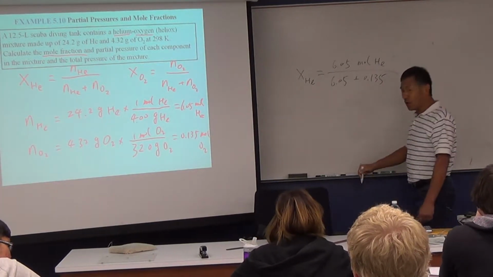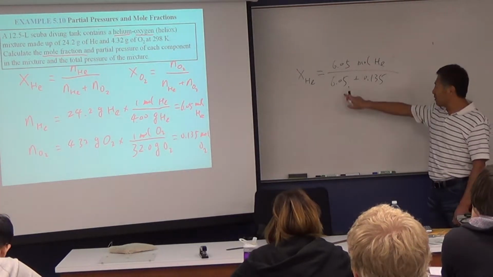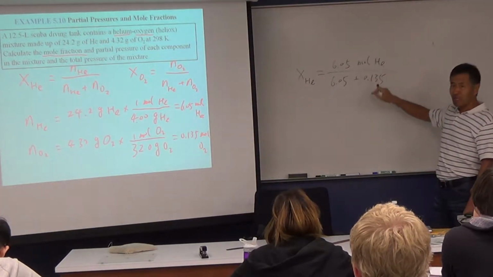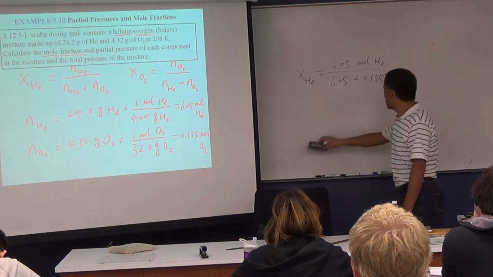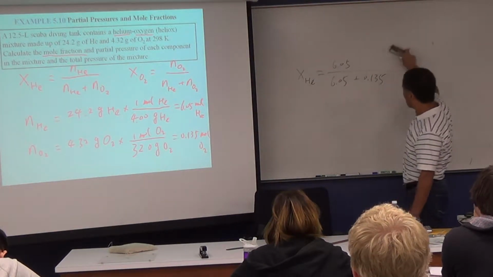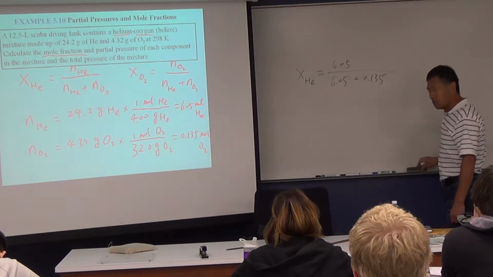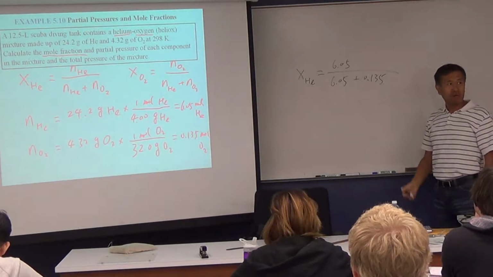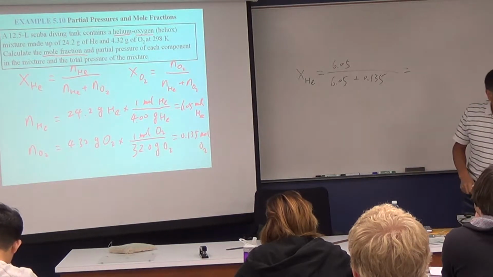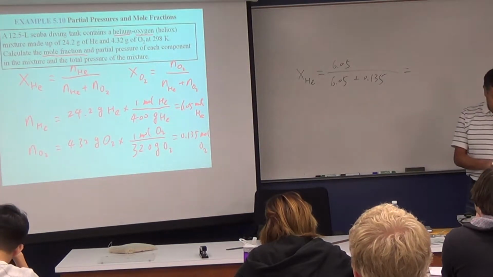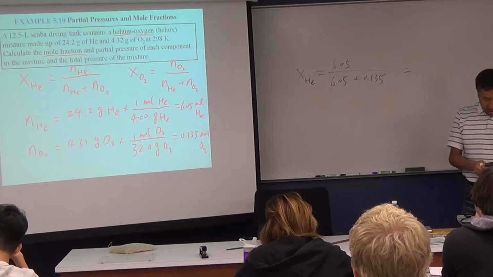All those moles come out because each has moles, so I just deleted those units. Mole fraction is very similar to mass percent in that it has no unit. So you get the mole fraction of helium: